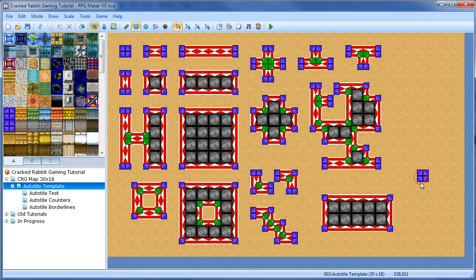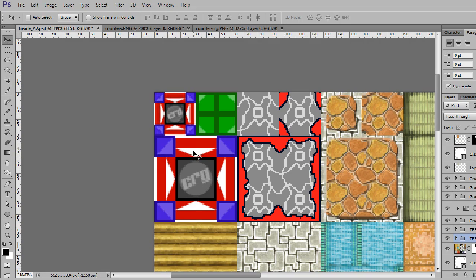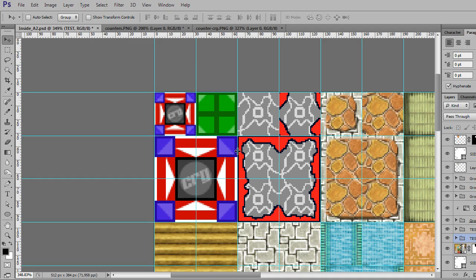And then if I do a plus sign, you'll see it starts using these green pieces. And so if we go back and look at this tile, I'll turn on my grid and you'll see that this grid is set to 32 by 32 pixels, which is what normal tiles are. But you'll notice that it's actually a little different. It's not just set up on a 32 by 32 grid. And if I turn on the actual grid in Photoshop, which you may or may not be able to see very easily, it's this blue color, then you'll see that this is actually set up on a 16 by 16 grid. So these corners are 16 by 16, these green ones are 16 by 16, and these red ones,